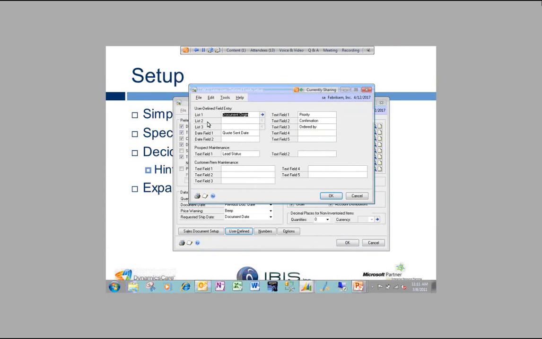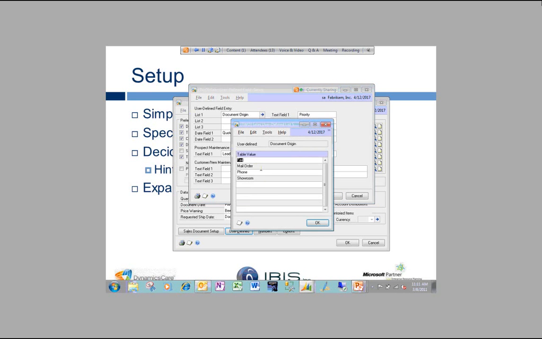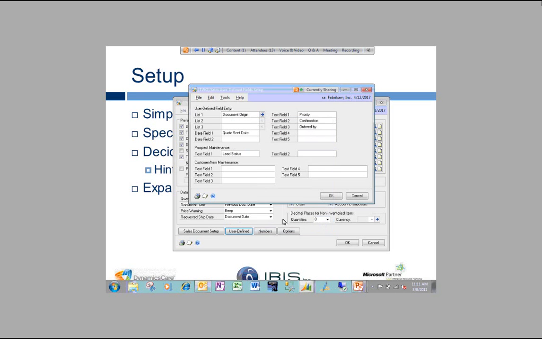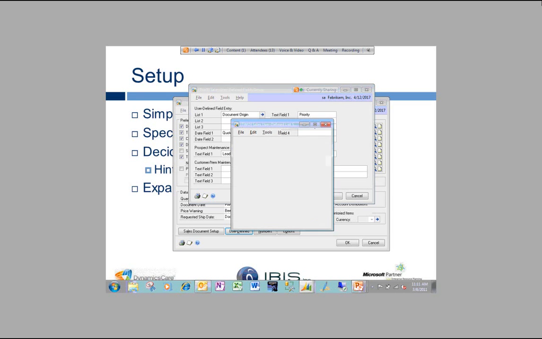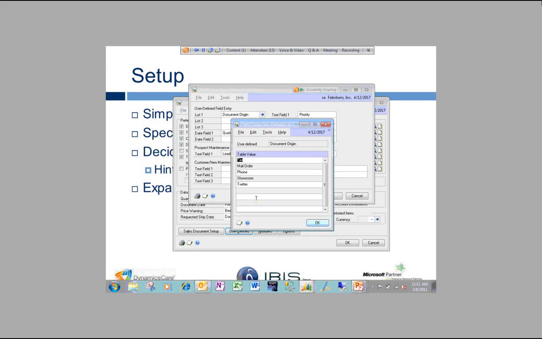So for example, I can actually create a list here. These are the user-defined fields in the setup. These are for data entry on any of the sales order transaction forms. We've created a document origin here, which means folks are going to have to pick something from this list. They're not going to be able to key freeform. So if I wanted to put something else, maybe we're running a Twitter campaign allowing people to do orders online or submit items through Twitter in order for purchase. We can say OK. And then when they actually go to pick from a document, they're going to have these